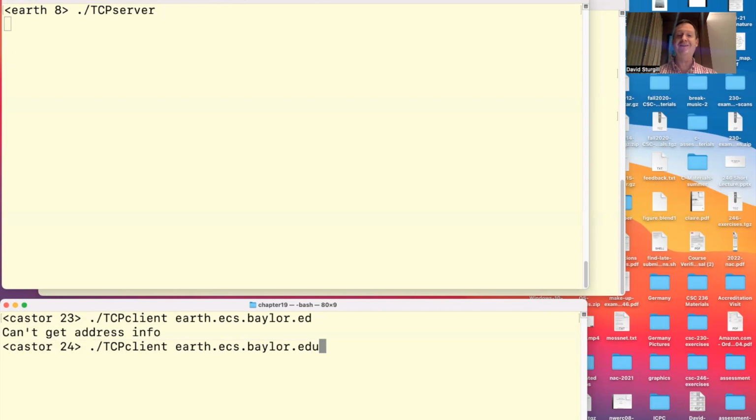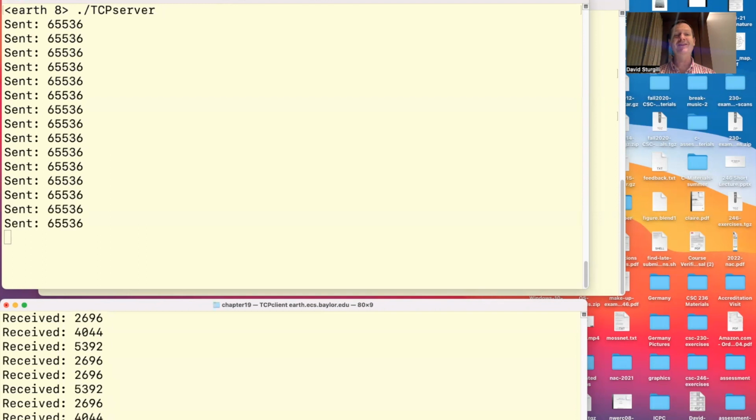Oh, sorry, I forgot the U at the end of edu. Let's try that again. All right, so you can see when the server sends, it was sending in 64K or kilobyte chunks, and that's what I get. Every time it sent, it looks like it successfully sent a kilobyte worth of data,